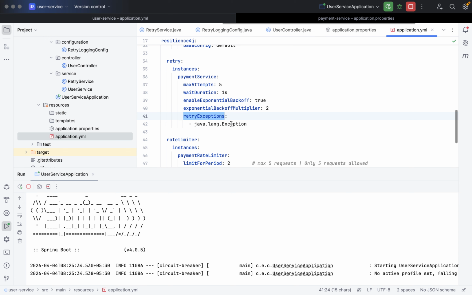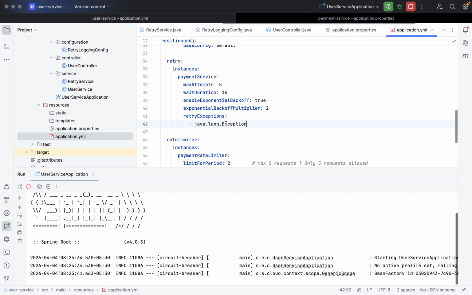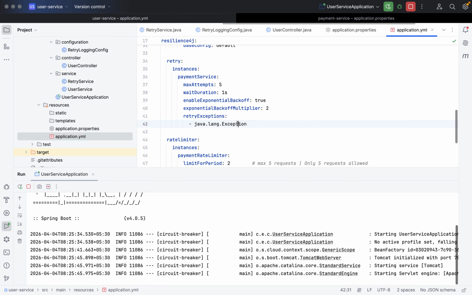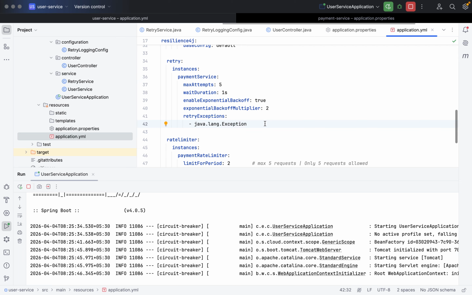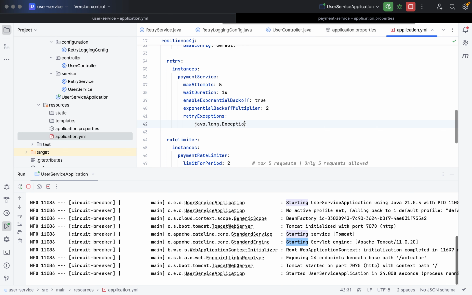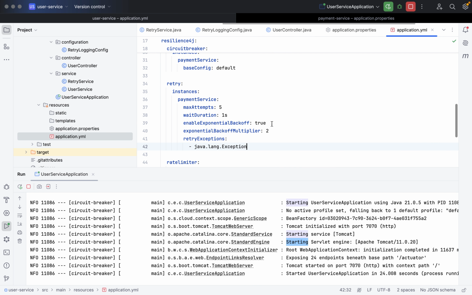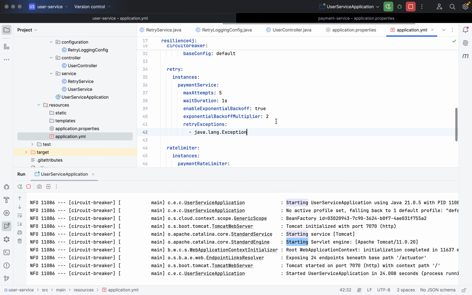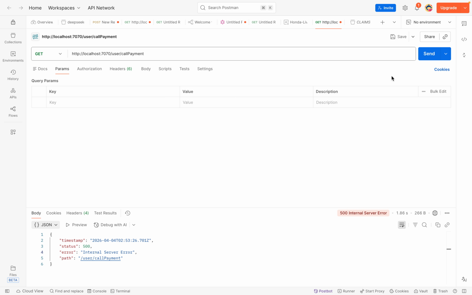If it is not matching, then we have to register it here in retry exceptions, and then retry picks the exception and executes the retry. This is actually an important configuration part of this retry. Okay, now it is started.